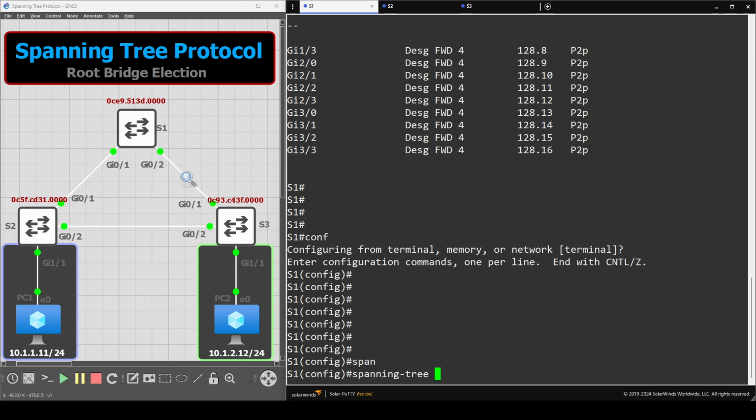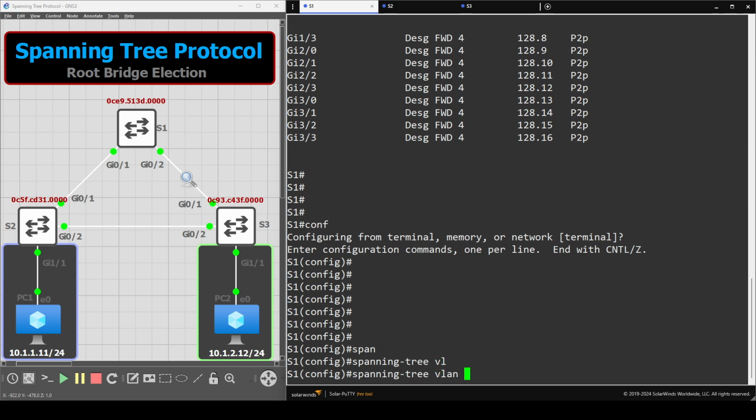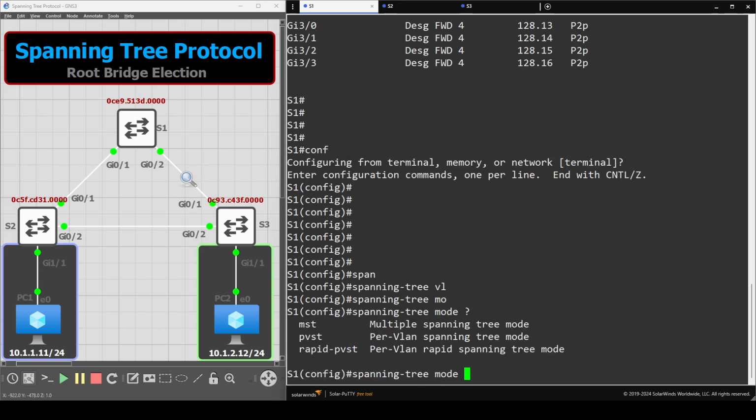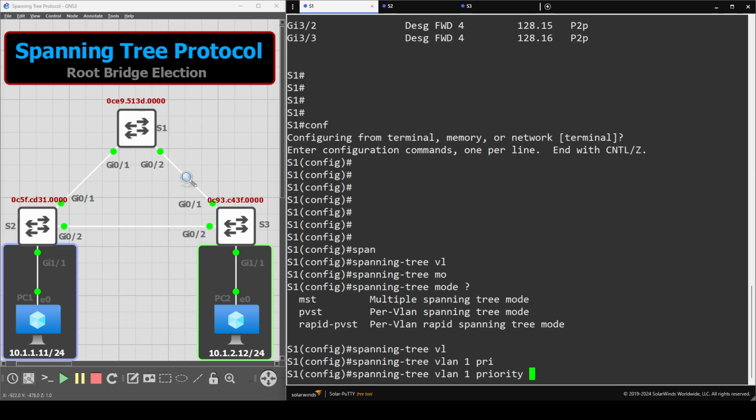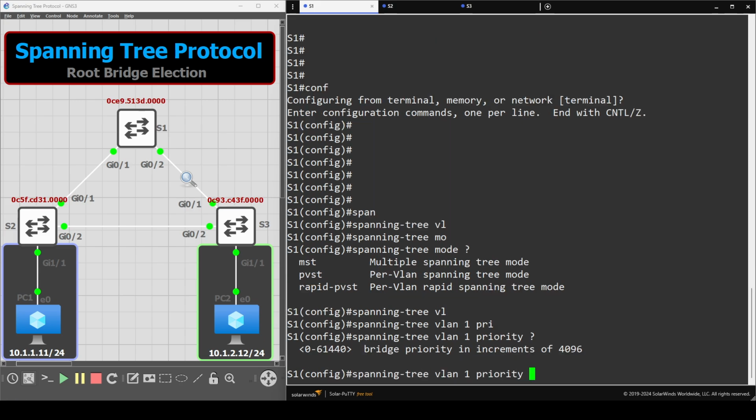In this case, because we have per-VLAN spanning tree configured. Just in case we need to change the modes, we have here the multi-spanning tree protocol mode, the one that we're using, per-VLAN spanning tree, and rapid per-VLAN spanning tree. But as we're using per-VLAN spanning tree, the modification that I'm going to do is going to affect VLAN 1. So I can go with the keyword priority,